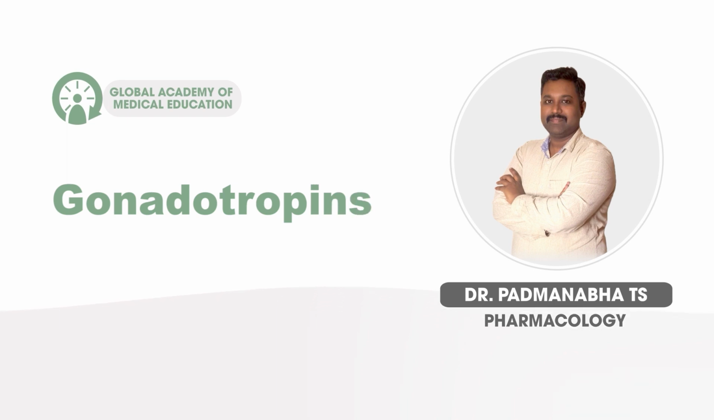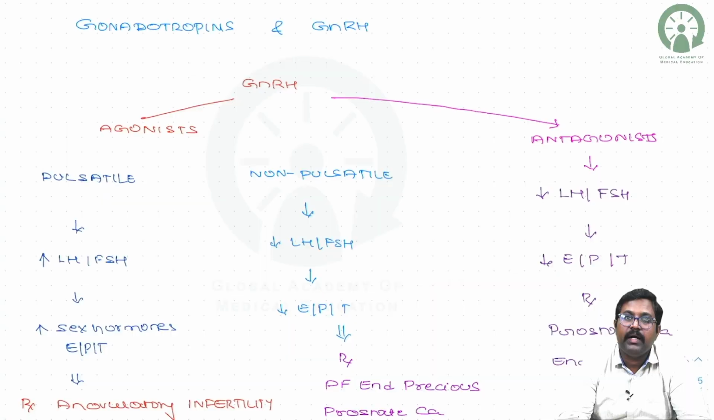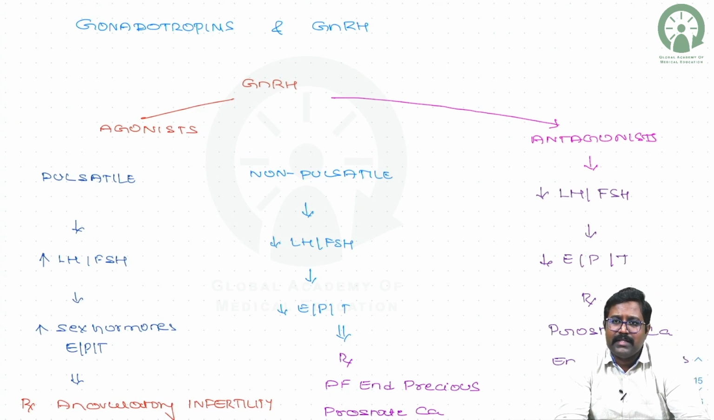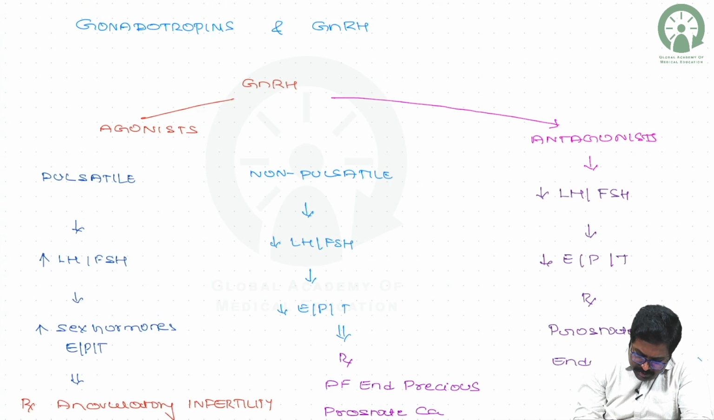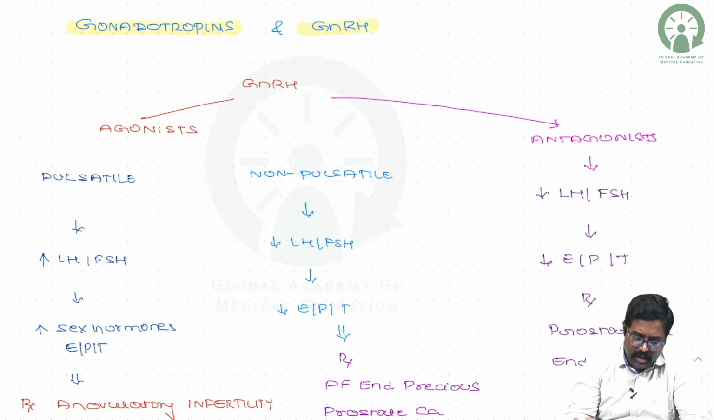about gonadotropin and gonadotropin releasing hormone related drugs and the conditions. So next, coming to the gonadotropins and gonadotropin releasing hormones. Gonadotropin releasing hormones can be used as the agonist as well as the antagonist. So we need to understand what happens with their agonistic action as well as the antagonistic action, where they are